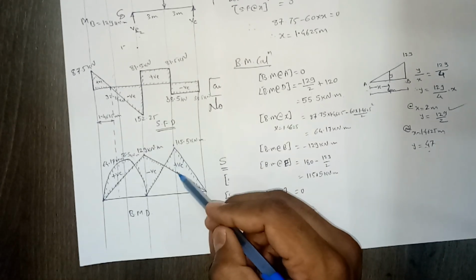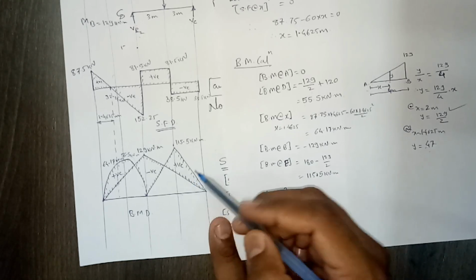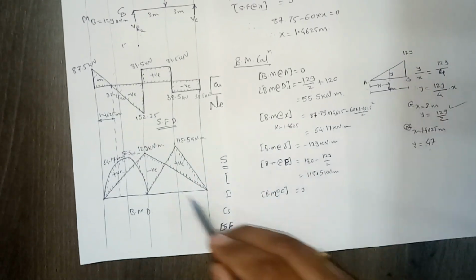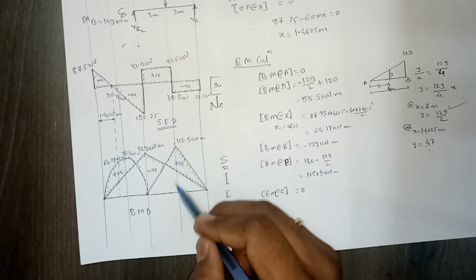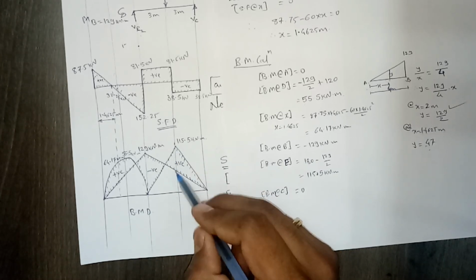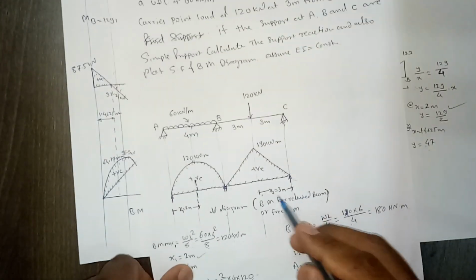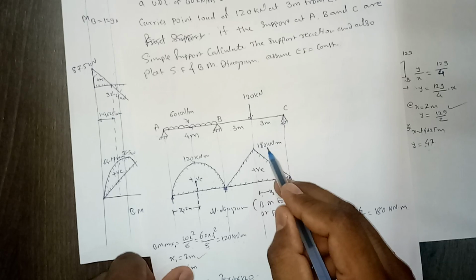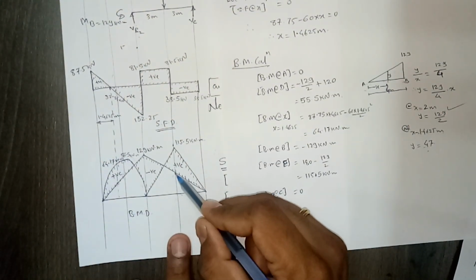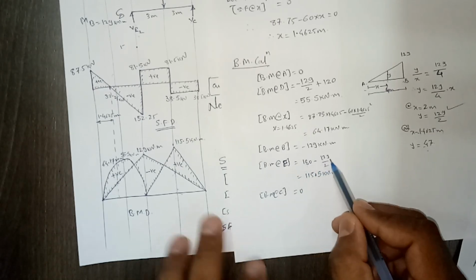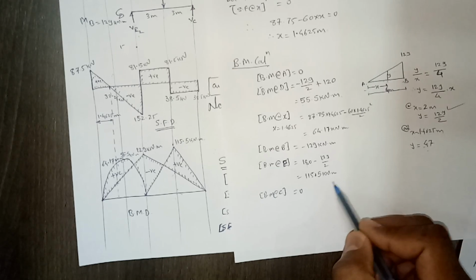Then similarly at point D also it will be half of this height, since it is at midpoint. Or again you can use interpolation and calculate the negative value, subtract that from the total positive, and you will get this resultant value. This actual height was 180 kilonewton meter. So we have to subtract this much from that 180. So 180 minus 129 by 2, so the value is 155.5 kilonewton meter.